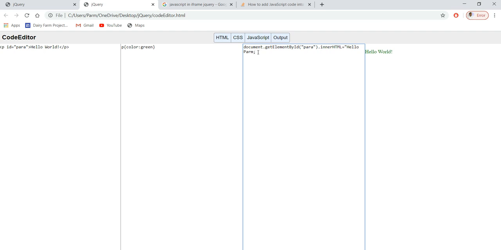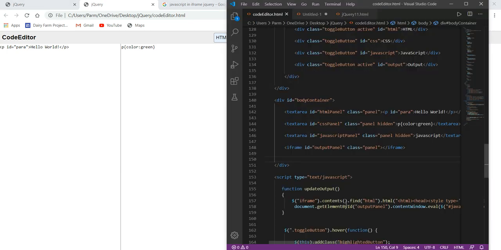String terminator over here. So I just copy this from here, and paste it here for initialization.